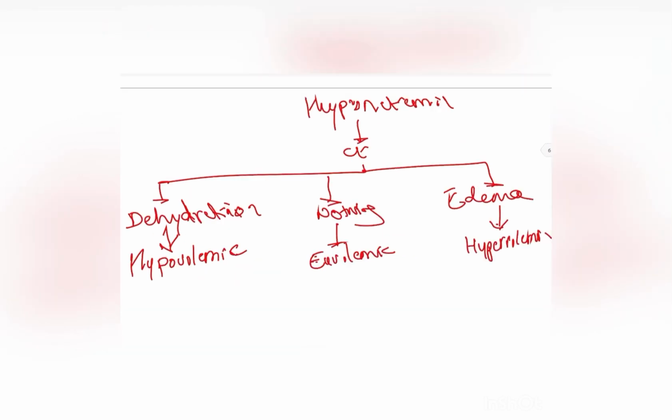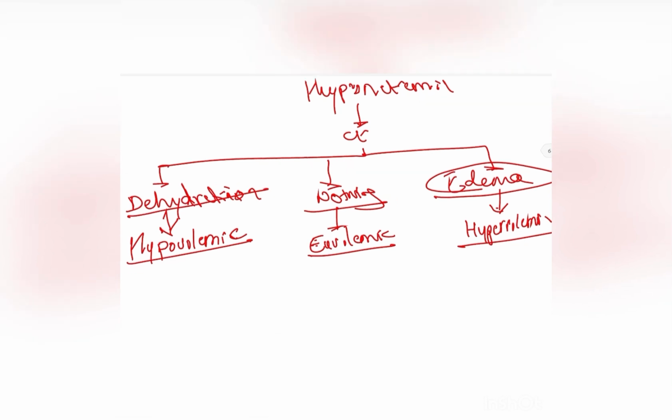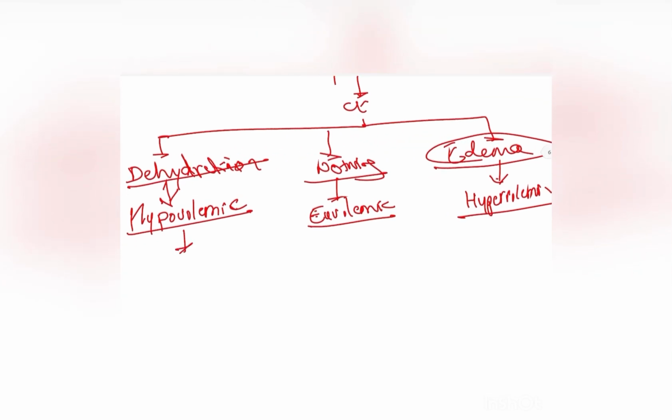So now, for hyponatremia, once we clinically examine the patient, if the patient has signs of dehydration, we can label him as hypovolemic hyponatremia. If the patient is edematous, we can label him as hypervolemic. If the patient has nothing, a clinically normal-appearing patient, then euvolemic. Now to confirm hypovolemic hyponatremia further, you do urinary sodium and uric acid. Urinary sodium is low, that is less than 20, and uric acid is increased. So hypovolemic hyponatremia.